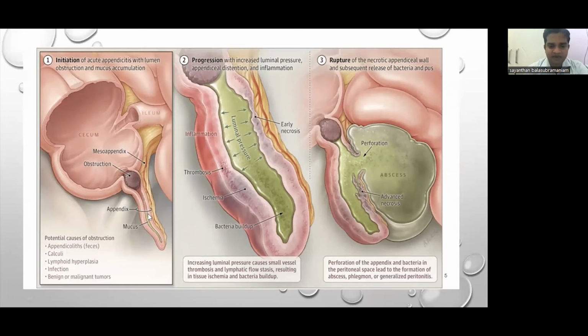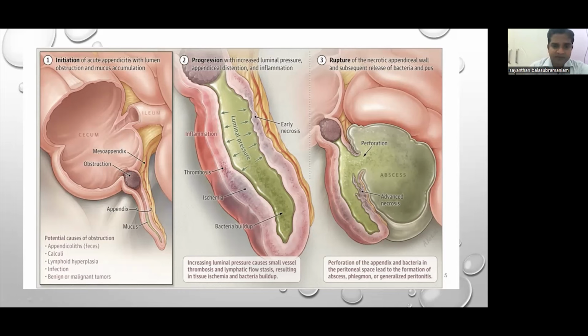Because the appendix has a narrow lumen, it should be empty. It also has peristaltic movement, which will empty the lumen on and off. So suppose some obstruction happens in this lumen, automatically this passage will block. The secretions will accumulate in this area. The appendix contains a lot of mucous glands, so it will secrete a lot of mucus. Everything will accumulate here. Without proper drainage, the obstructed mucus gets infected and